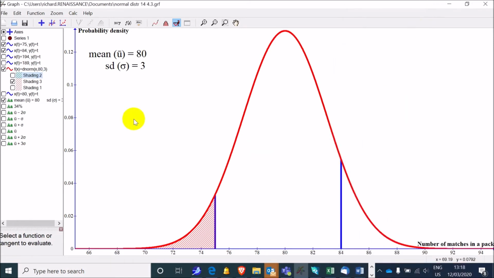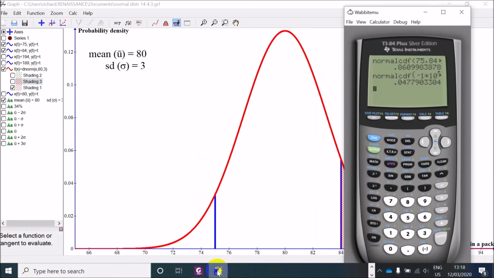Lastly, let's look at more than 84. So what matchboxes have more than 84? Again, let's go back to the calculator. Second, distribution, normal CDF, enter. Now my lower boundary is 84. And my upper boundary is very, very big. So I'm going to use 1